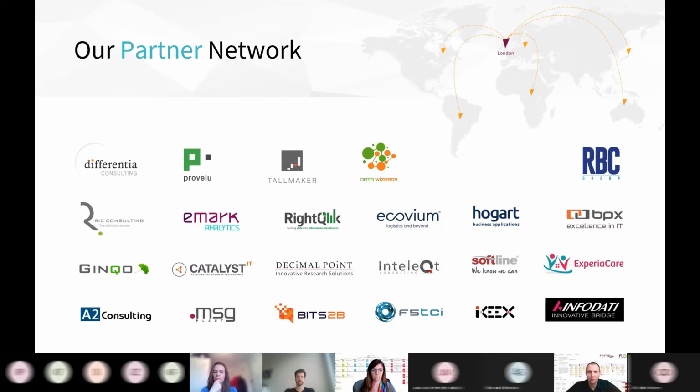Also, the partner network grew to completely different dimensions. That's really cool. Again, we're really grateful to all of you for being with us and working with us. We believe we will be able to bring you more and more value with our products and with these developments towards automation, towards the world that comes after data analytics.